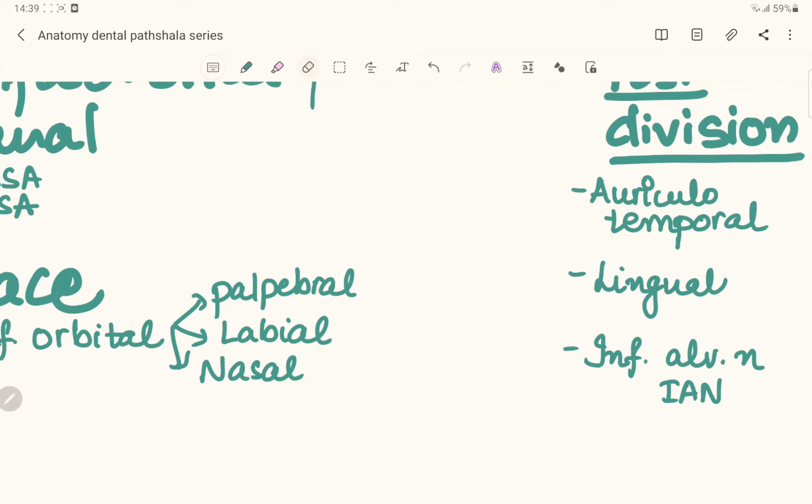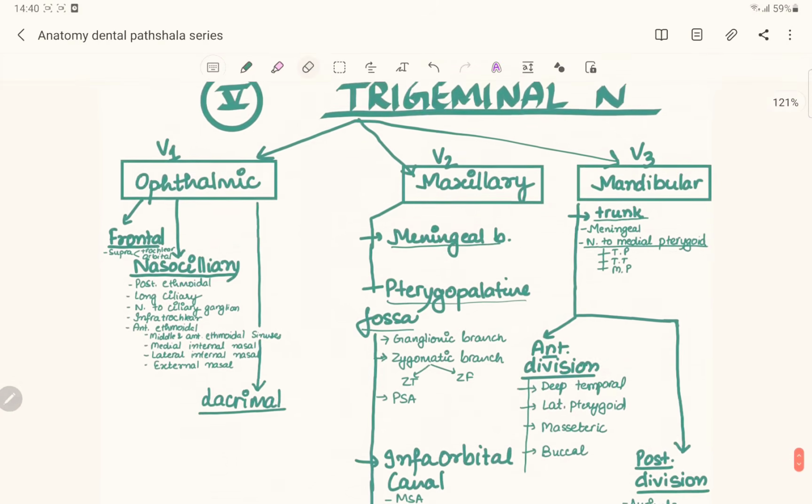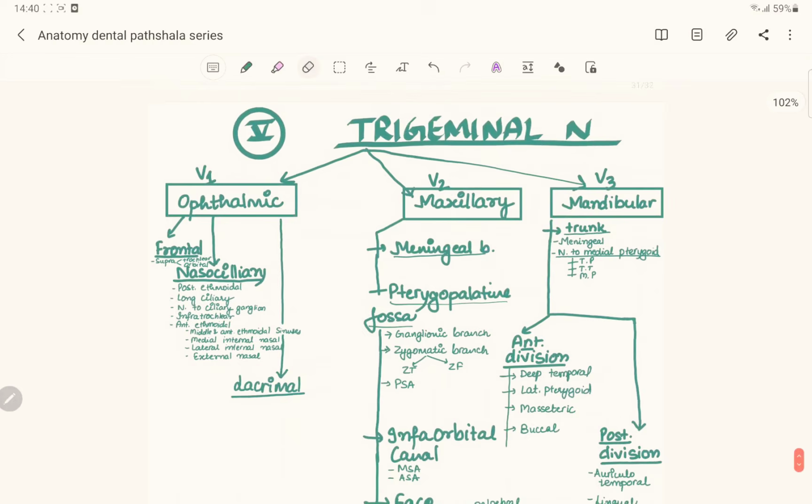Again, if you remember, from the first pharyngeal arch we have studied the anterior belly of digastric, and from the second pharyngeal arch the posterior belly of digastric. So the posterior belly of digastric is supplied by the facial nerve, while the anterior belly of the digastric is supplied by the nerve to mylohyoid, which is from the posterior division of the mandibular division of the trigeminal nerve. So this is about the branches of the trigeminal nerve, and let's see all these branches in the animation.